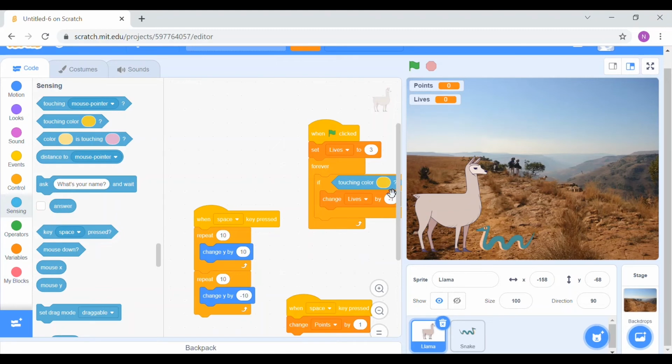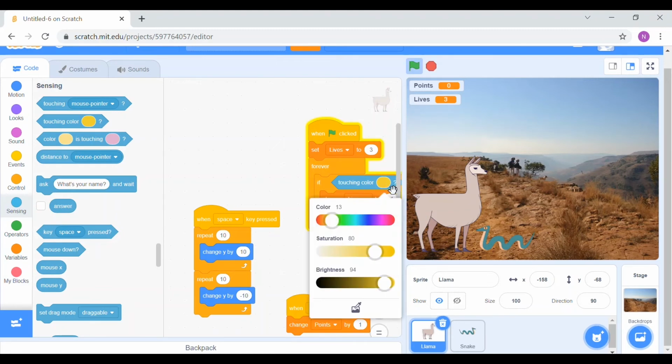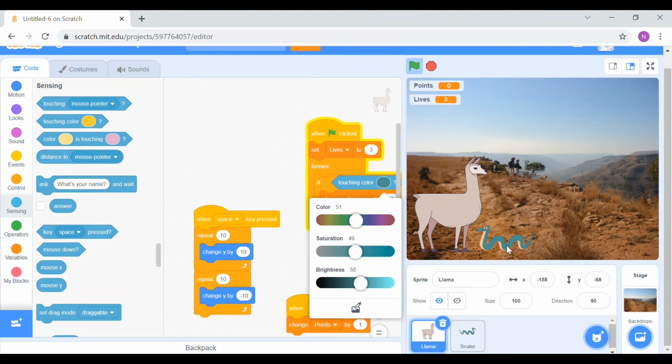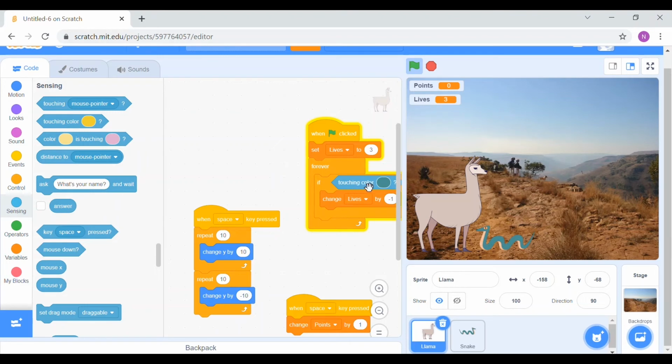And if you click on the color, you will actually see a dropper. And using that, you can hover it over the snake. So you can see it's selected the snake's color. And then if you click just outside of it to get rid of that, you should have a full line of code that'll let the game know that if that llama touches that color of the snake, it loses a life. So if you wanted to click on the green flag and try play the game,